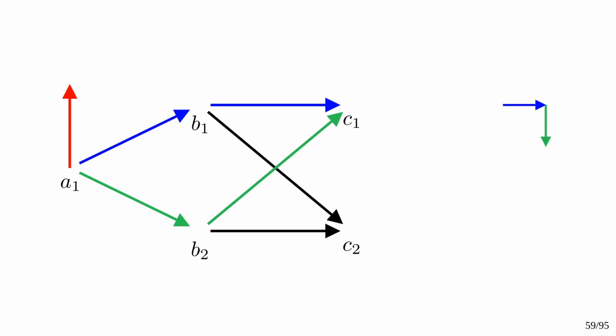physics. The direction of the blue arrow therefore depends on the phase shift it gets along the blue path, and the direction of the green arrow depends on the phase shift it gets along the green path. Shown here as an example is minus pi/2 for the blue path and pi for the green path. The probability of the system ending up in C1 is represented by this red arrow, which we get by appending the blue and green arrow.